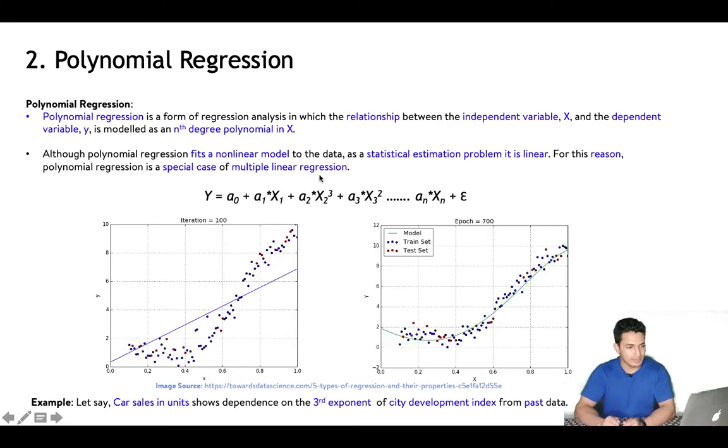So let's understand in a bit more depth what it is. We take the features and raise them to some nth power, like x square, x cube or any nth power, and then we run the linear regression model. And why is that useful? That can be explained in two ways. One is through a graphical method and the other is through a real life example.